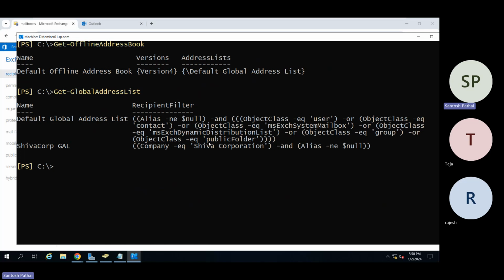So we'll run the command New-OfflineAddressBook, where we'll define the name. I'll give the name as Shiva Corp Offline Address Book OAB, and it should include the address list as Shiva Corp GAL. So basically, I have created a GAL, global address list, and I am including that GAL in the address list of the offline address book,